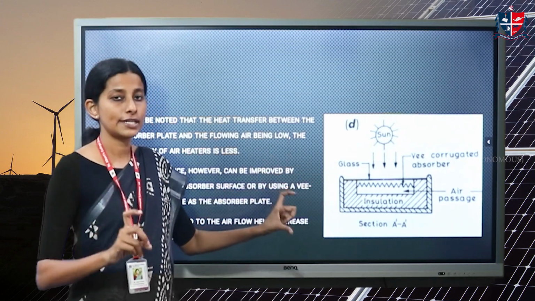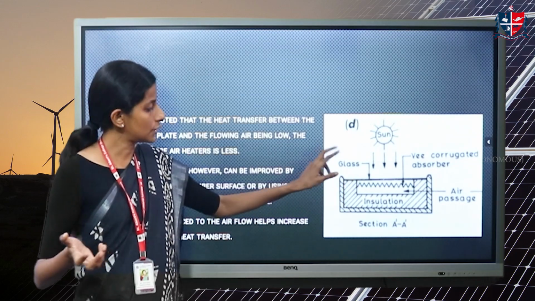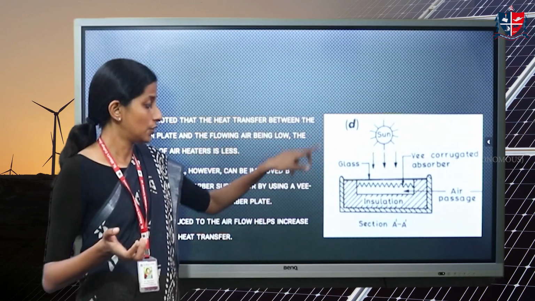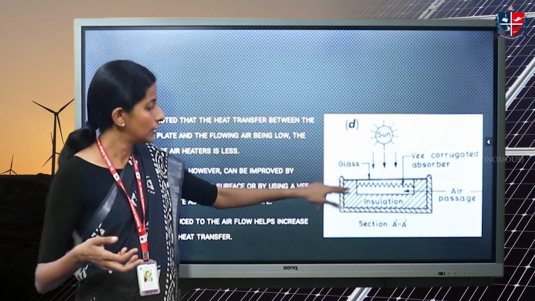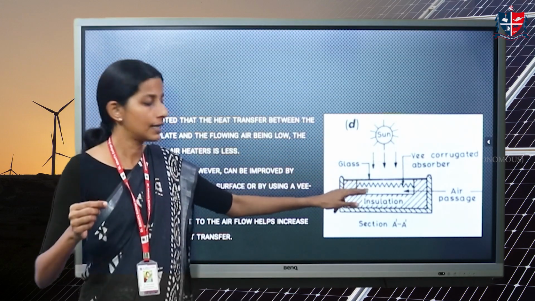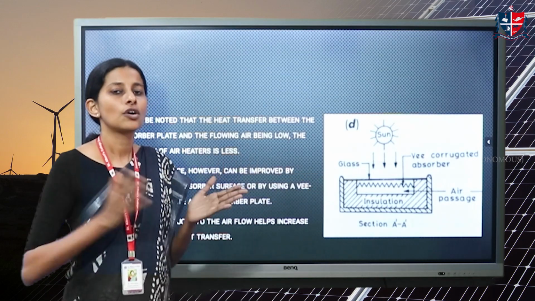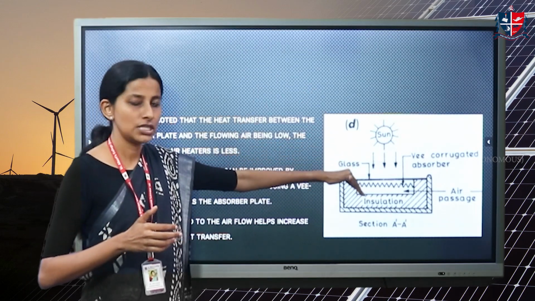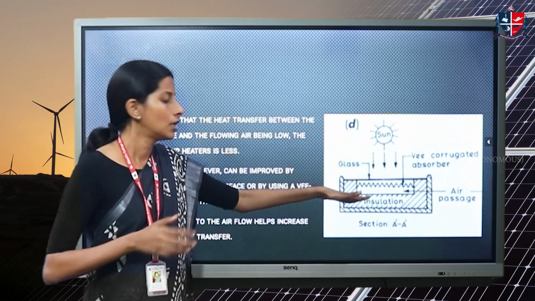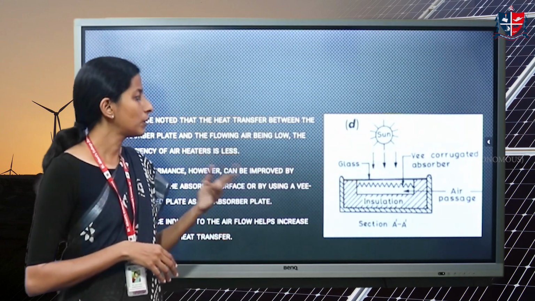But a lot of care has to be taken while designing this because you cannot make it at any random angle. There is a specific angle in order to avoid multiple reflections. The solar radiation falls on it. There should be a pre-designed angle at which these grooves are cut so that it doesn't cause multiple reflections and go out. The radiation falls, it transfers the heat well enough, and the heat is transmitted to the medium below it.